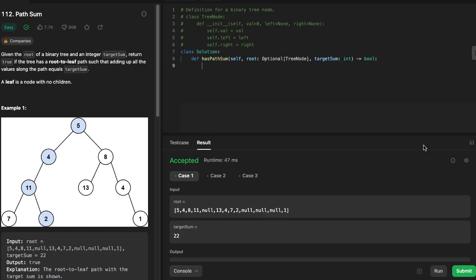Everybody, welcome back to another LeetCode problem. So today we're looking at LeetCode 112. It's an easy, and its name is called Path Sum. One thing I want to talk about with this video and with this problem is